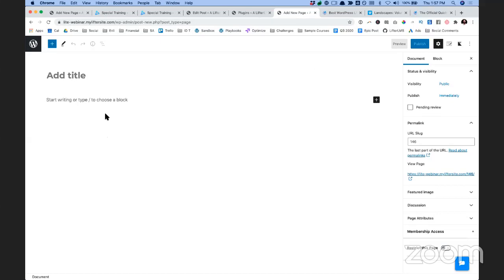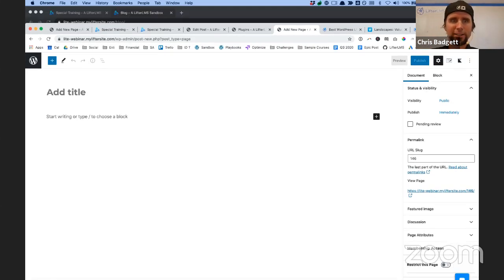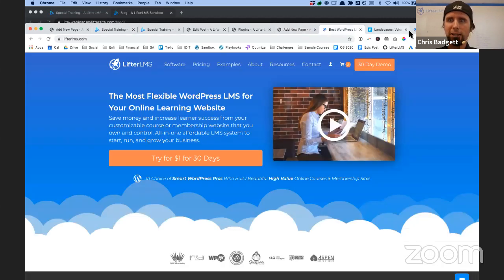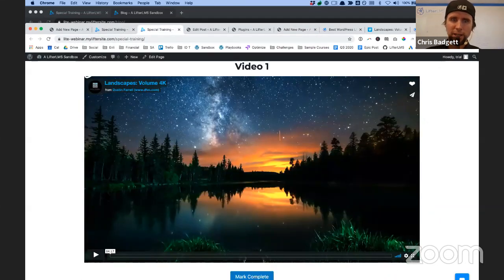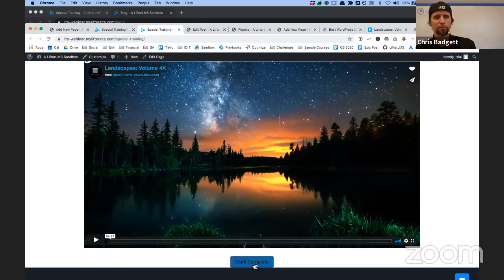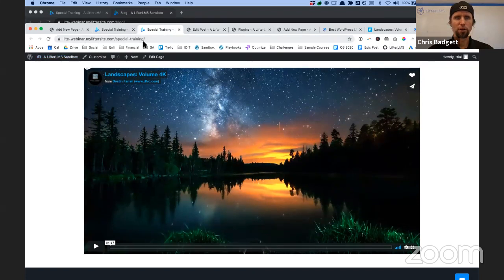Joel said, where's the progress of such tasks shown for the student, as this is not part of the course structure? So this is the early days of this tool. It's super lightweight. It's really just allowing people to mark stuff as complete and see what they've already done. It's not a deep LMS